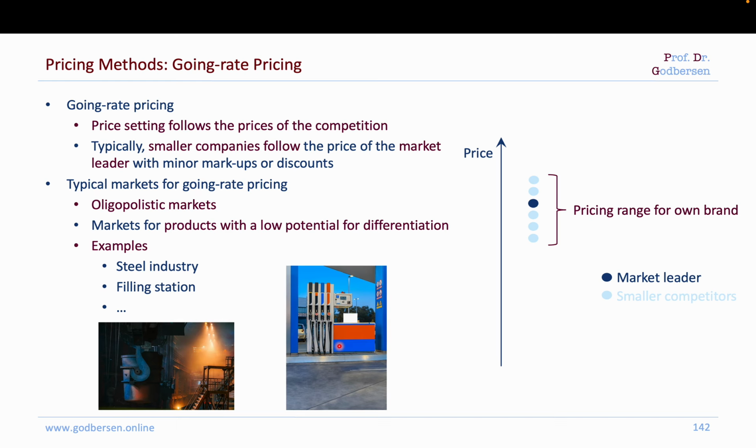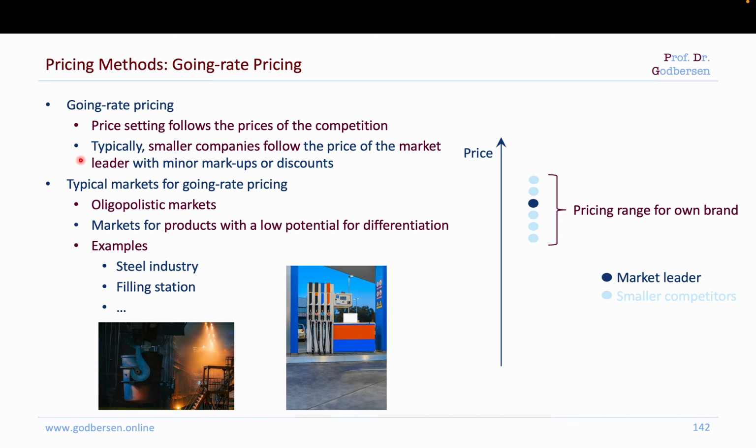going rate pricing. The idea is we follow the prices of the competition. So we look at what the competitors are charging, and then we just go on a similar price level. And typically the smaller companies follow the market leader with small markups or discounts, depending on whether they want to position themselves with a high quality or low quality perception. But generally they